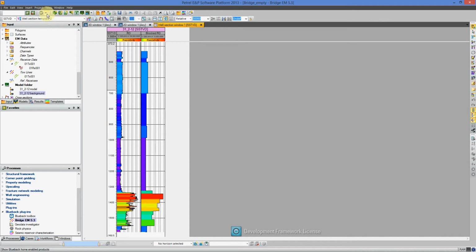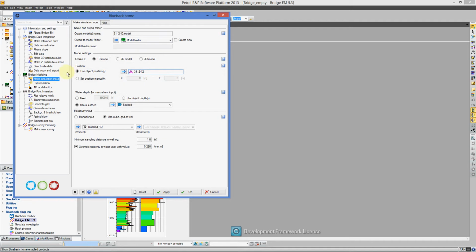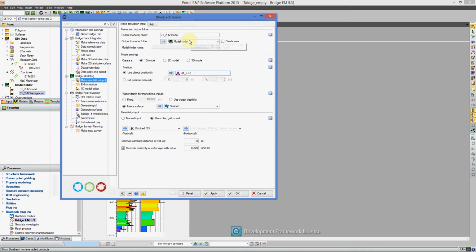So I'm going to start the Bridge plugin from the Blueback icon over here. I'm going to start by creating the simulation input. I've given it a name, 31212 model, and I choose to store my model in a folder. I set here that it's a 1D model, and as you can see, you can also create a 2D model or a 3D model. I'm going to use the position of the well to give the 1D model a position in space, and I'm going to set the water depth using a seabed surface. And then here is the place where I enter my blocked resistivity model,